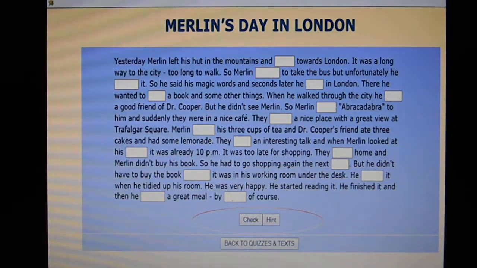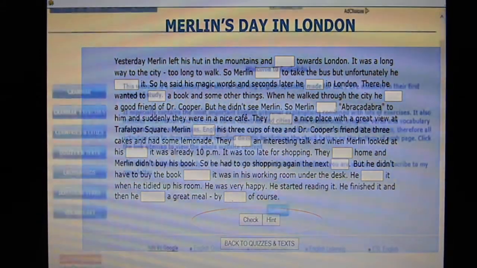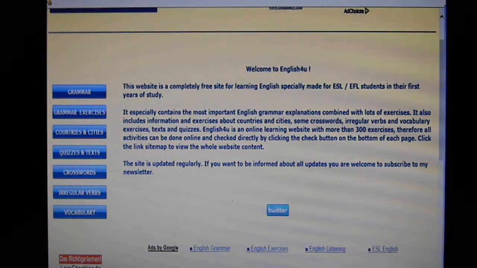As we could see, it is the same text in 2 different exercises. At the end, students will have the opportunity to check, but it also has a hint button which will give students a clue of the word they need to use. Let's go back to our menu